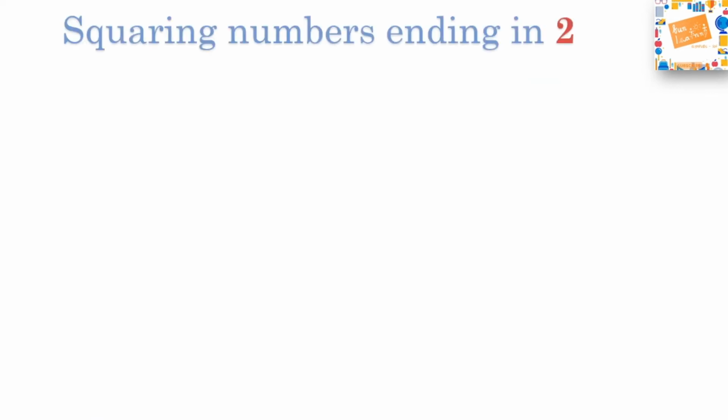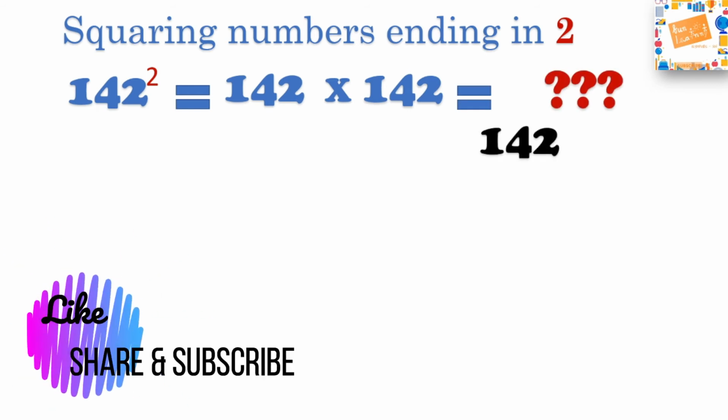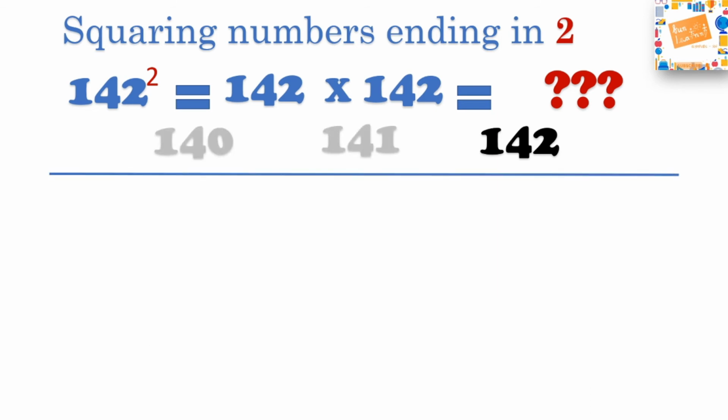Let's go for another number for squaring, which is ending in 2, that is 142 square. Now this is a 3-digit number. Let's see how we find the answer to 142 times 142. Let's use our method by bringing 142 on spotlight and finding its nearest 10, which is 2 blocks away from 142. So let's consider 142 to be n for our computation.